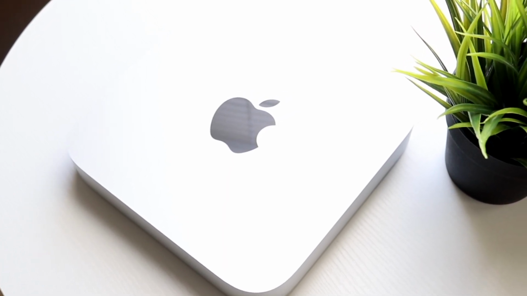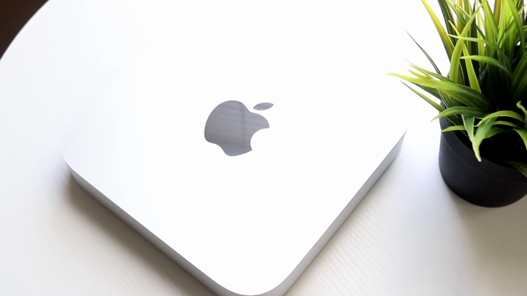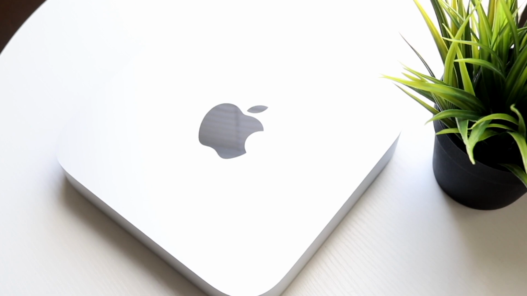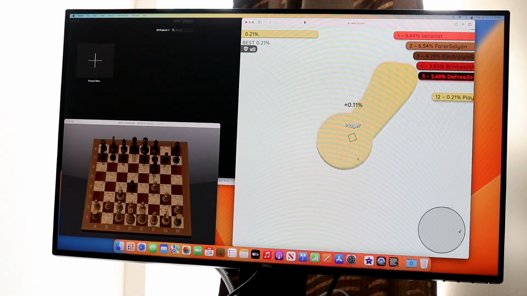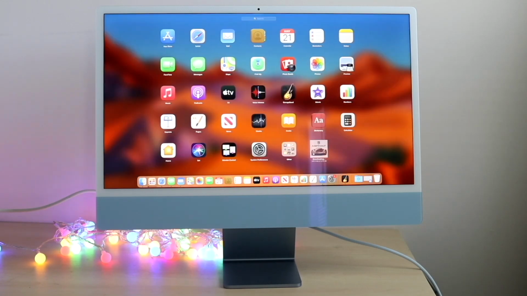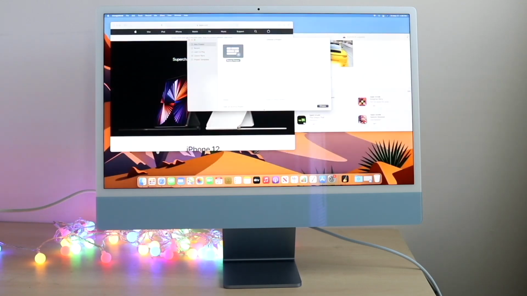So at the end of the day, which one would I consider buying? Which one would I recommend you to buy? Well, it really depends on how much power you need. I think the average person, and probably 95% of people out there, if you buy an M1 iMac, you would be perfectly fine. Like, I know it's a little bit more expensive than the base model Mac Mini, but